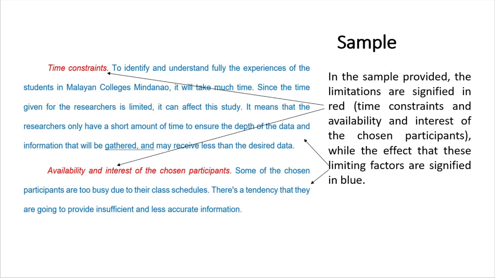So the researchers identified time constraints as its first factor. Time constraints implies the duration of the whole research process, the time given to them to complete the research. So why was that a limiting factor? Why is time constraint a factor that can affect the quality of the research? Well, because the researchers at the time were given around 4 months to complete their research, and as such, the quality and depth of the data that they were expecting to collect